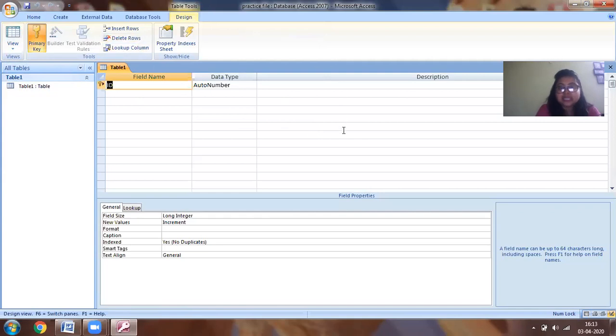This is the design view of the table, where I have three columns: field name, data type, and description. Coming to the field name, what are field names? Field names are basically the text or the headings which you require for that particular information.